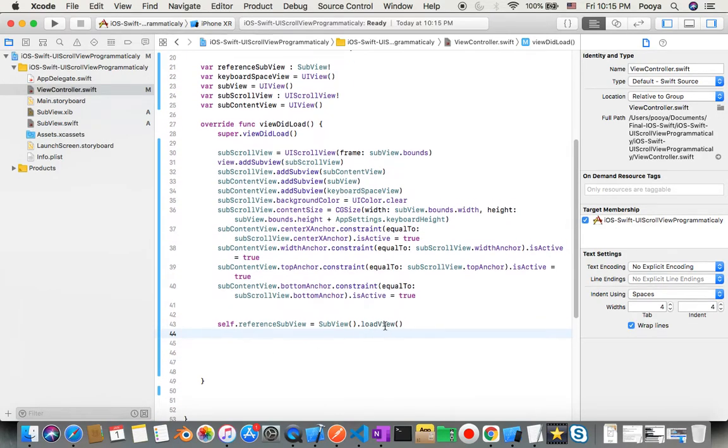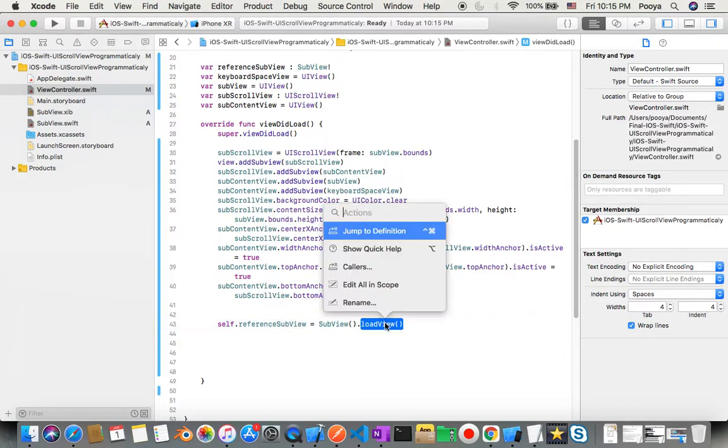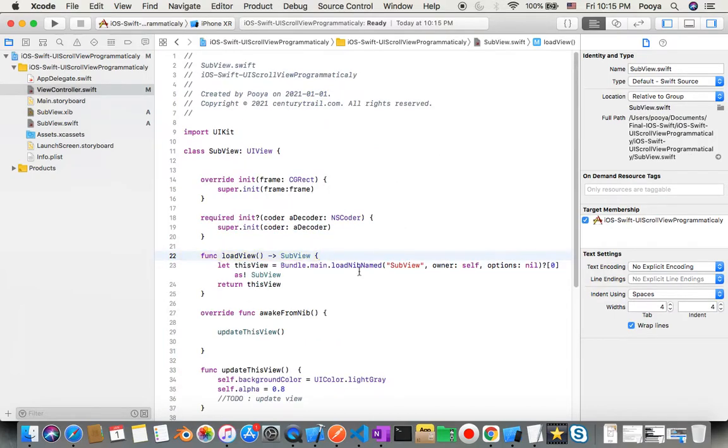So let me show you which function I'm gonna call. If you push command and click on this, then you can jump to definition, and here you will see. So I call this load, and this load gonna load my zip file here. So let's go back,